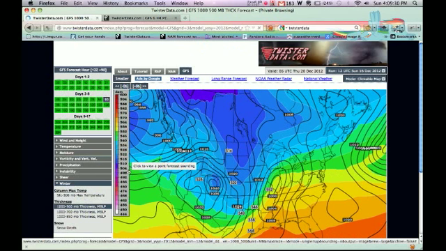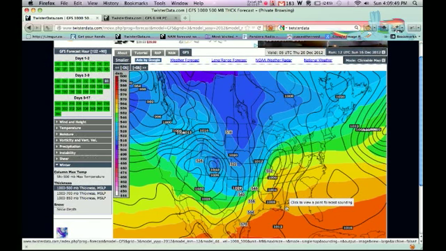So all that seems pretty interesting, and just a quick way of checking this are two parameters here under winter. One of them is the 1,000 to 500 millibar thickness and a plot of surface pressure. So what I'm doing here is I'm looking for a line that's called the 5400 line, which is the difference between blue and green here on this temperature scale, because the people who made this knew what they're doing. And so the 540 line is 540 decameters. So from the surface to this height in the atmosphere,